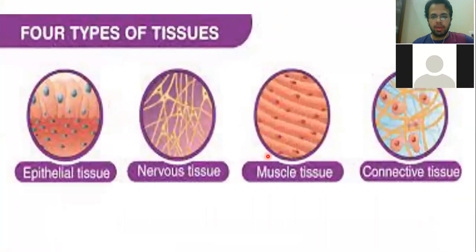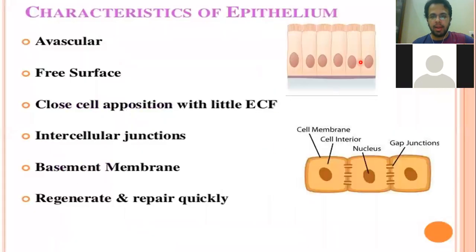Now one thing first: this is the epithelial cell, and what are these which are present on top of the epithelial cell? These are known as cilia. So cilia can also be present on the epithelial cell, and the function of the cilia is to propel things, right? The function of the cilia is to propel things. If cilia are present on the epithelial cells surrounding your GIT, then they propel the food.